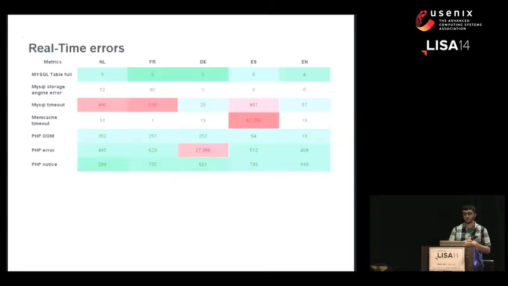For example, at a previous company, we had something like this, where we had a dashboard that gave us real-time insights into how many errors we were getting from our different metrics. We had a column for every site, which is for every spoken language, we had a different website. And we had a row for every different type of error. So with 2.0, this becomes much easier, because now you could say, for my rows, I want to segregate by this dimension, and for my columns, do it by, for example, language. And so this gives you good real-time insights.